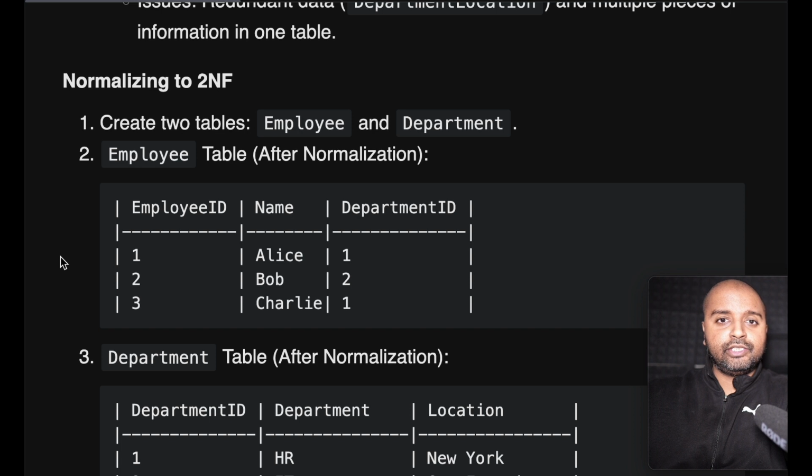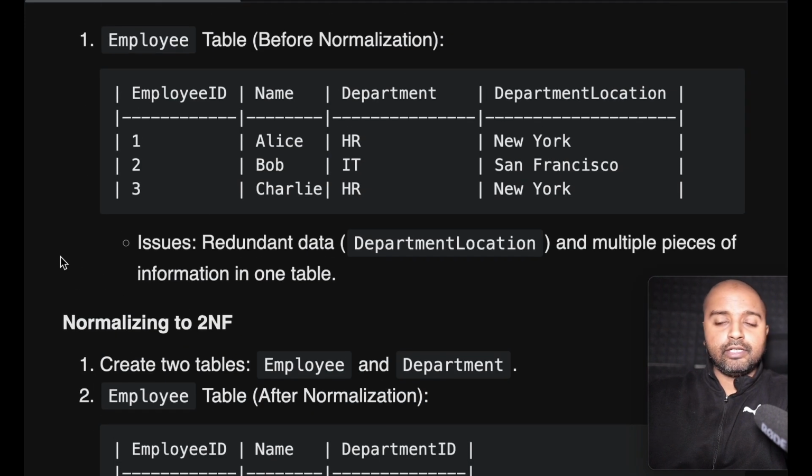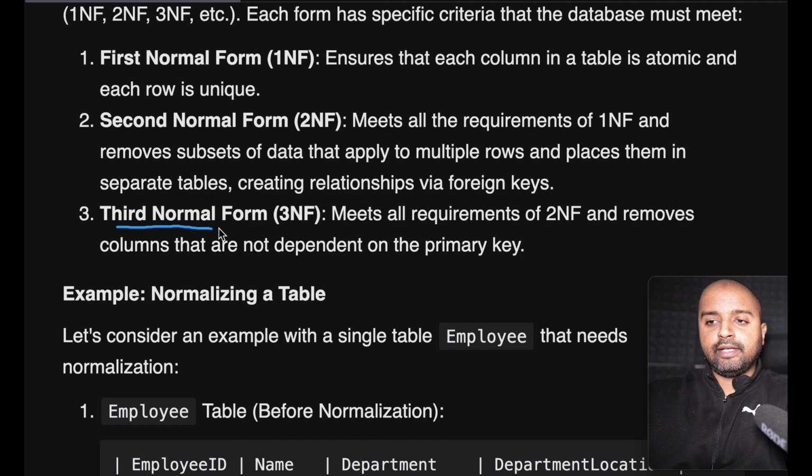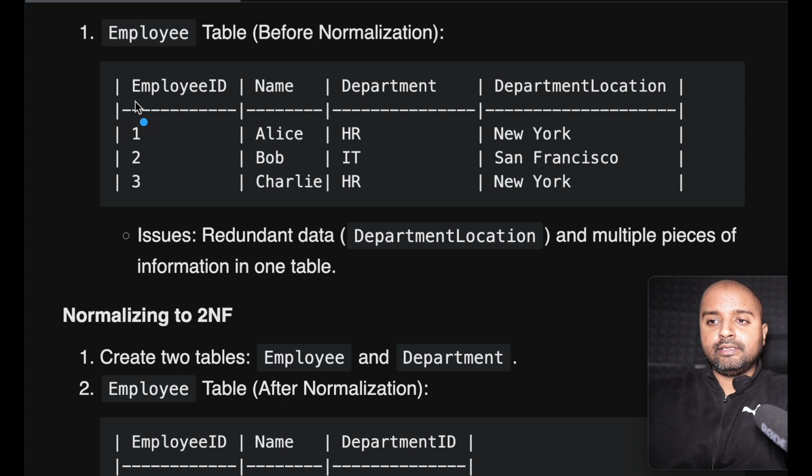Like I said, normalization is very good, but it also comes with the downside that you have to do a lot of joins to get to the table that you're interested in querying. And there is the final third normal form as well, which meets all the requirements of the second normal form and removes columns that are not directly dependent on the primary key, which means in this case we have employee ID, which is the primary key,